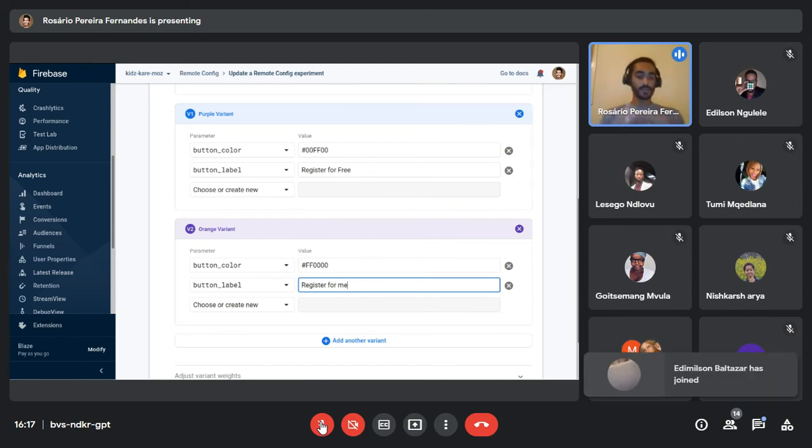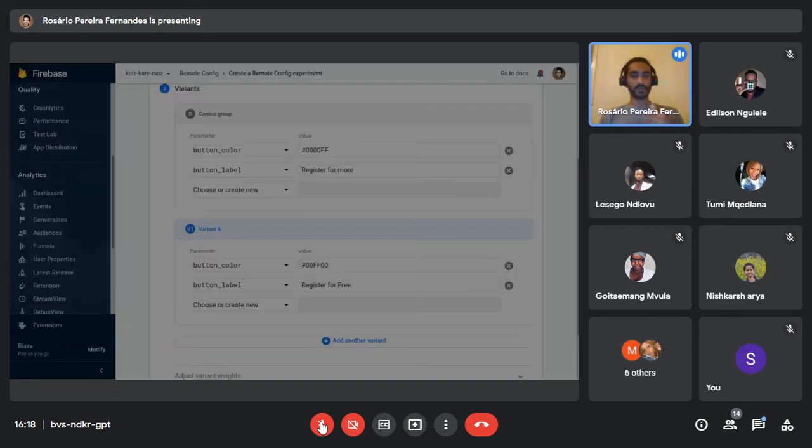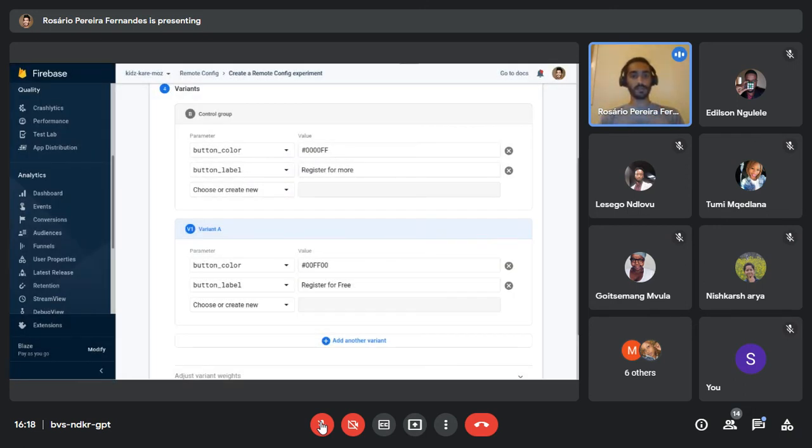So what does this mean? This means that there's a group of people who are gonna get the purple variant. There's a group of people who are gonna get the orange variant, and then there's a group of people who just get the baseline. The baseline group is usually small, so the last group of people is gonna be pretty small, but it's gonna be a group of users who are getting the baseline, which is the blue button that I set up here as my baseline control group.